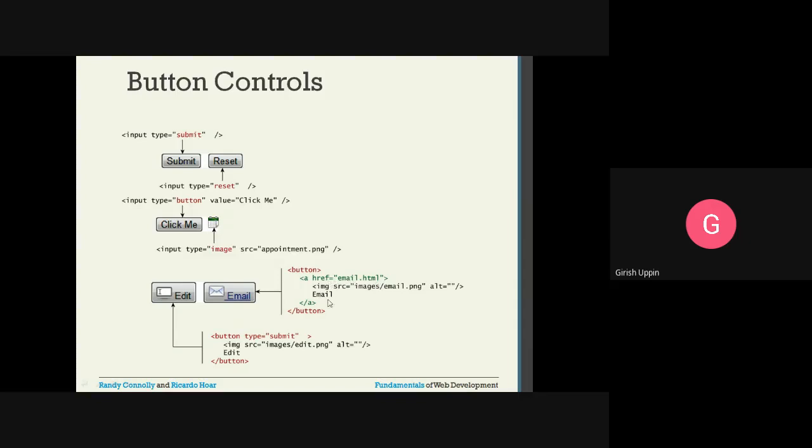And also there is an image inside the anchor tag, with the image source and alternate text email. So I have a button, and there is also a link. If I click on this particular link, which is shown with this particular image, then it will be taken to this email.html. We'll see the source code for that.